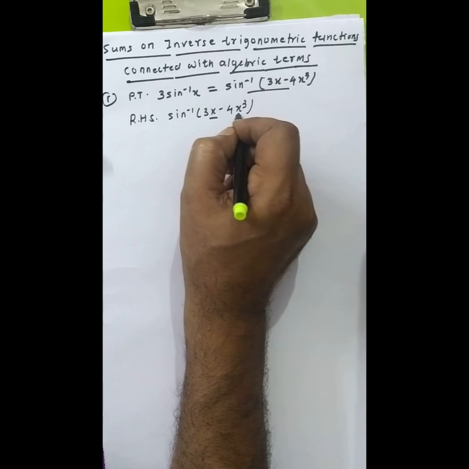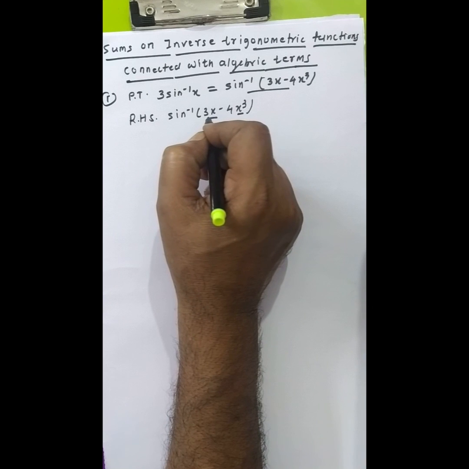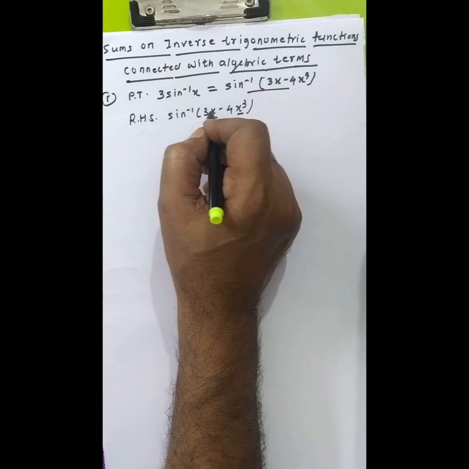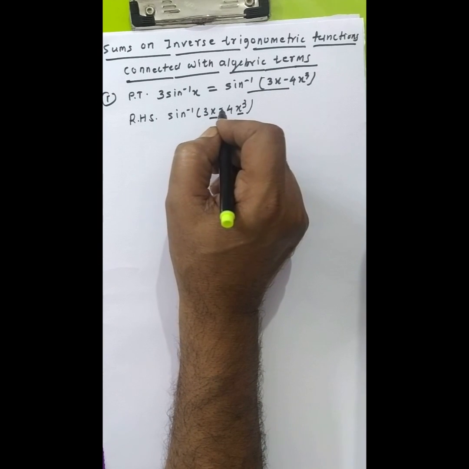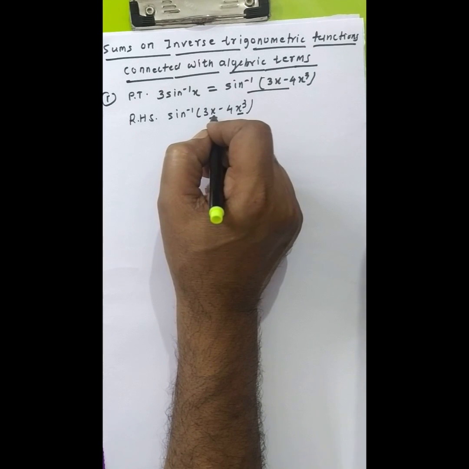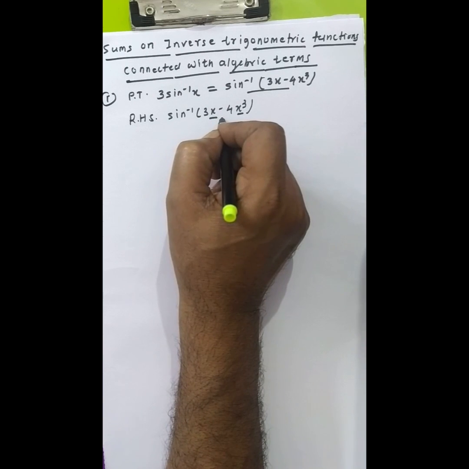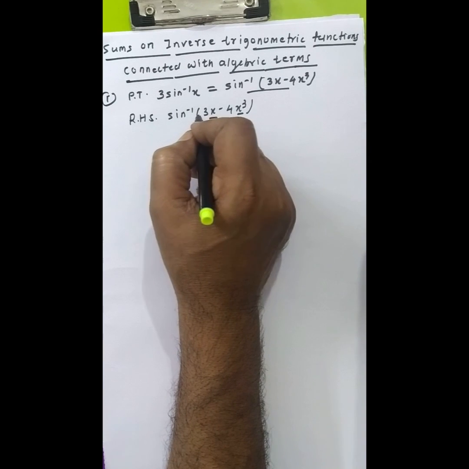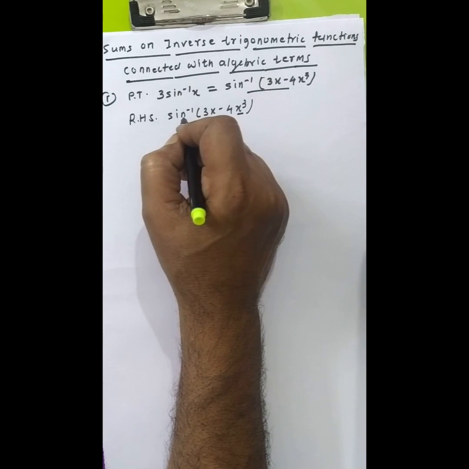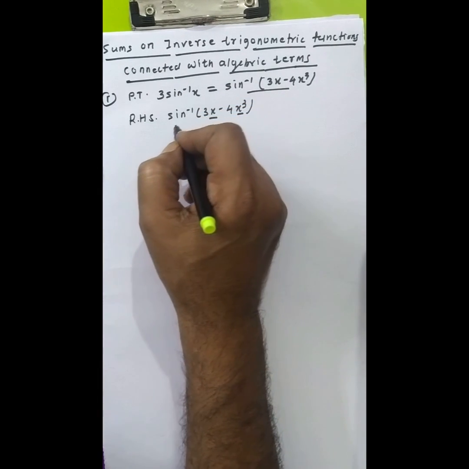So instead of x here, you have to think of a trigonometric function and substitute. Then it will be converted to one of the multiple angle formulas, or the 3 theta formula. The substitution should be done in such a way that, as far as possible, if outside is sine inverse, inside also you convert in terms of the sine function. If outside is cos inverse, you should try to convert in terms of the cos function. Otherwise, sometimes outside is sine inverse and inside will be cos, outside cos inverse and inside will be sine. So this sum I will start with substitution.